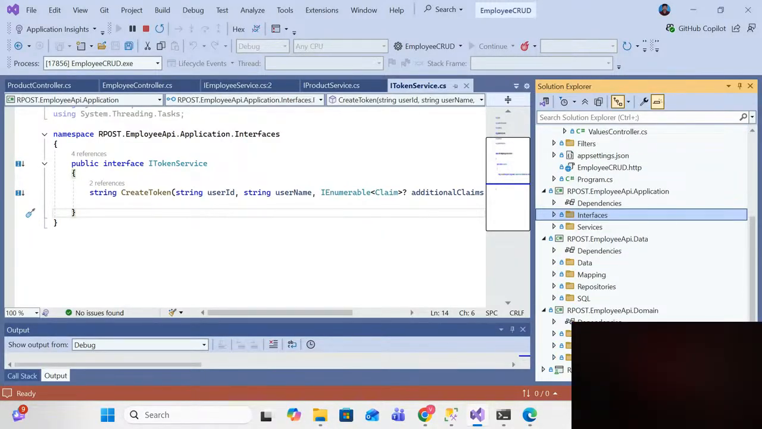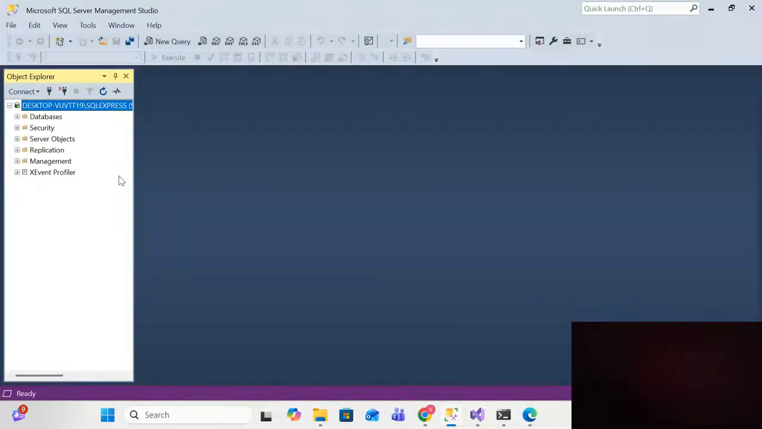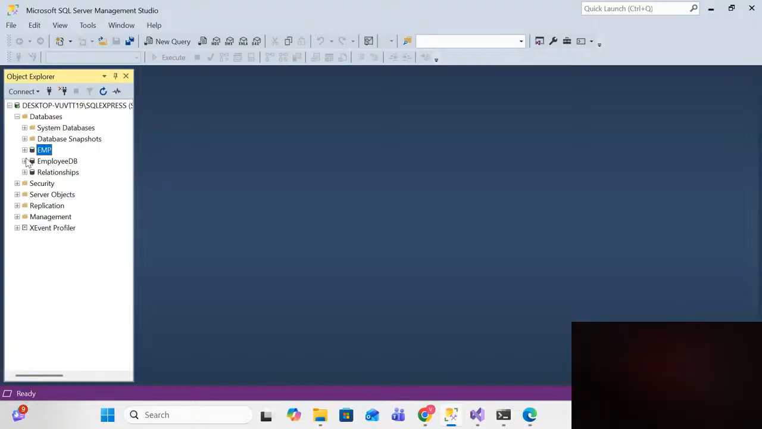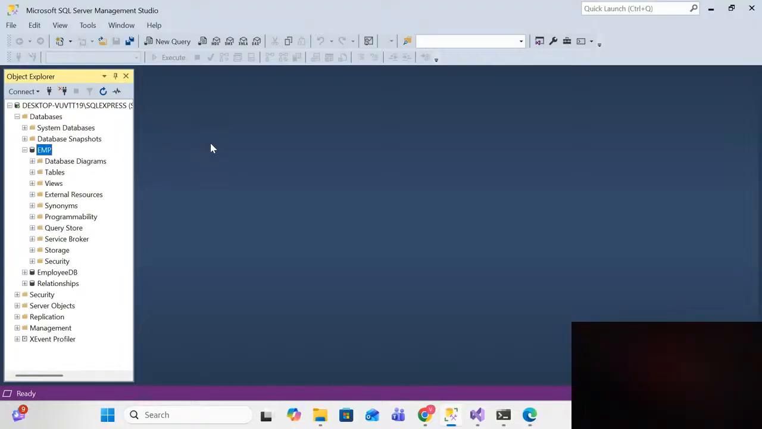In the domain layer we have the entities. Let me explain this domain layer first. In the domain layer, whatever tables are available in your database. So I'm switching to the database. Here you can see I have created the employee database, the EMP database. So in the EMP database,